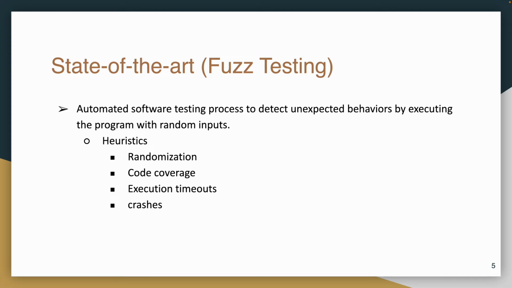And in the context of compiler fuzzing, no one can exhaustively examine the entire input space in practice. Therefore, a variety of strategies are designed based on the fuzzing heuristics to prioritize finding the interesting inputs to be fuzzed. Such fuzzing heuristics may be a random selection or trying to maximize a specific goal, such as code coverage, executing, timeouts, and crashes.